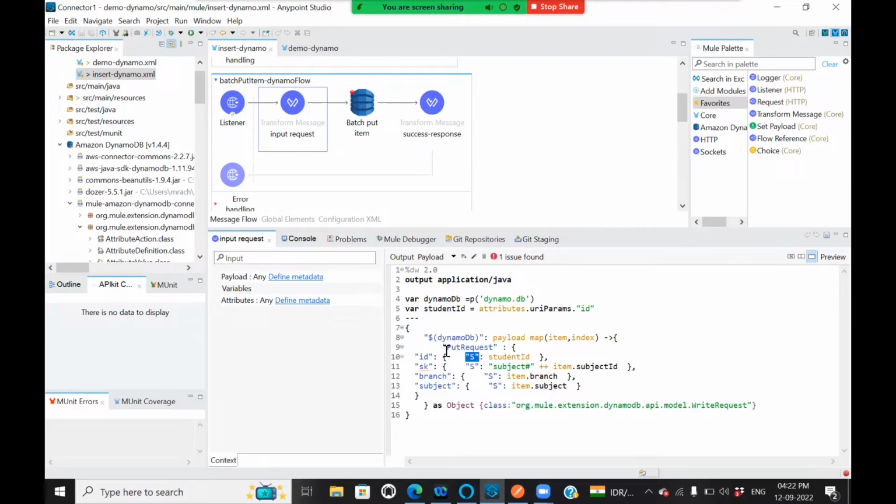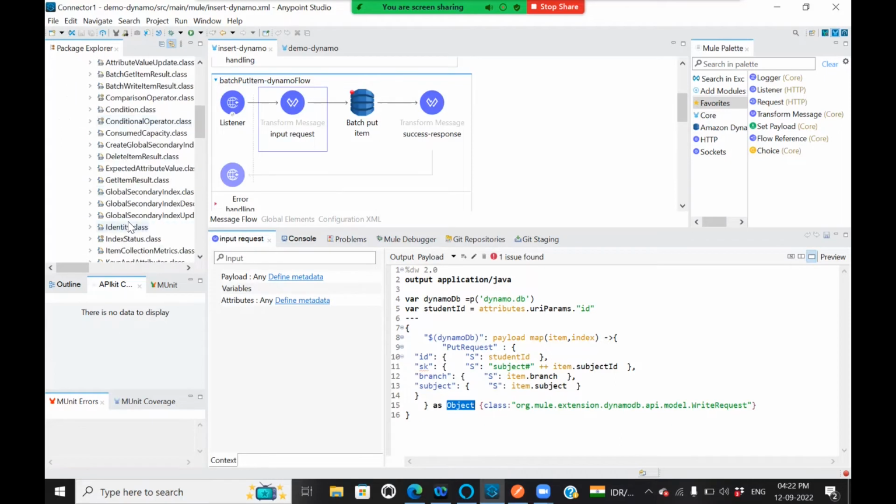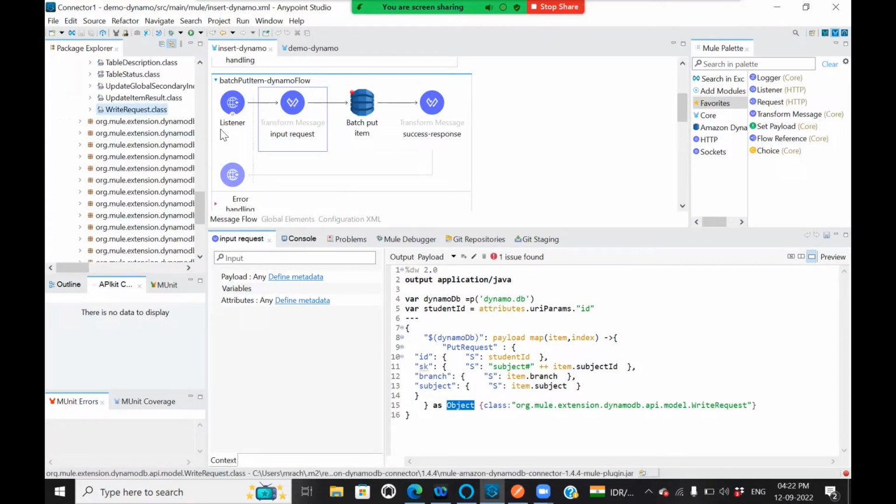Once the request is constructed, I'm wrapping that request as an object with the class org.mule.extension.dynamodb.api.model.WriteRequest. You can find this inside your Amazon DynamoDB connector under the org.mule.extension.dynamodb.api.model package, where we have this class. Once the payload is constructed successfully,